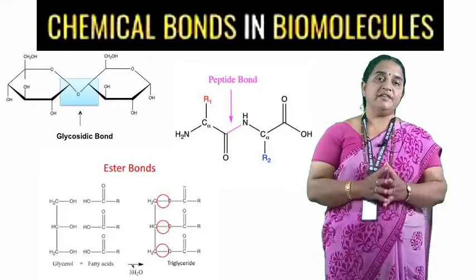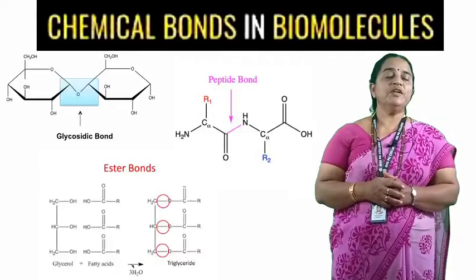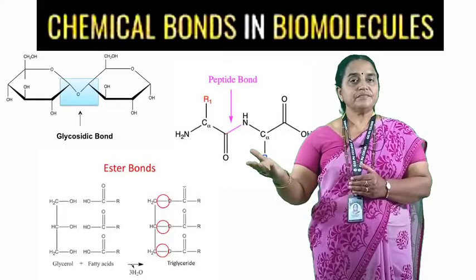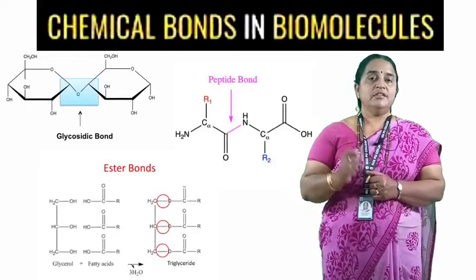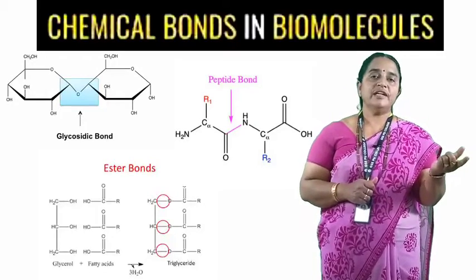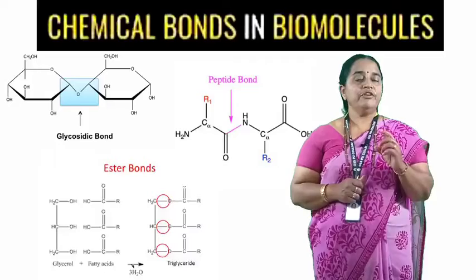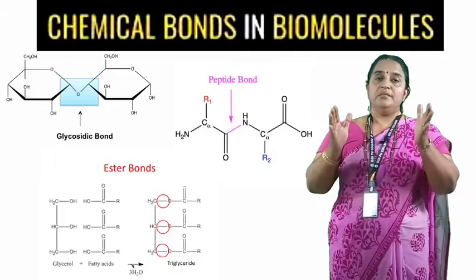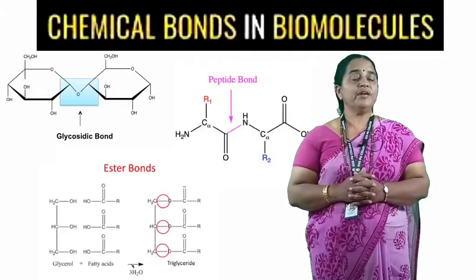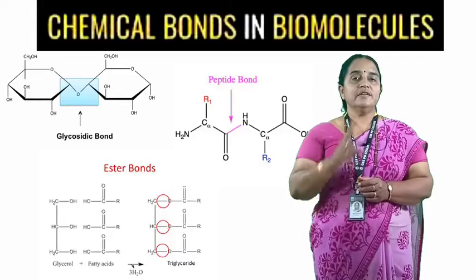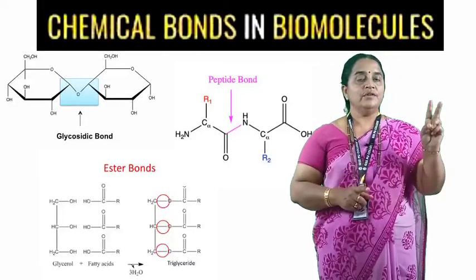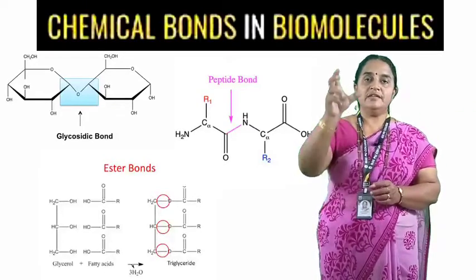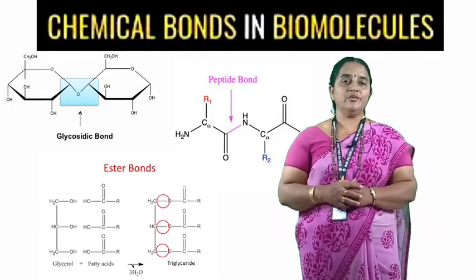and further polypeptides. Ester bonds are usually developing between the glycerol and alcoholic group, and the fatty acid, or the sugar moiety and the phosphoric acid. These ester bonds we found in nucleic acids and among the lipids. Thus, before we deal with this topic, you should remember 3 types of chemical bonds, 2 types of metabolites, 2 groups, and differences between macromolecules and micromolecules. This is introduction to the topic biomolecules.